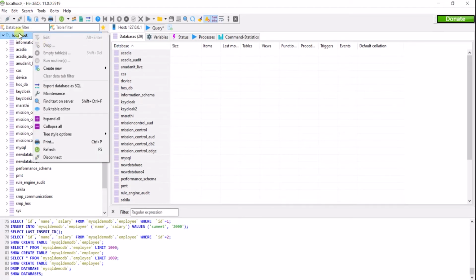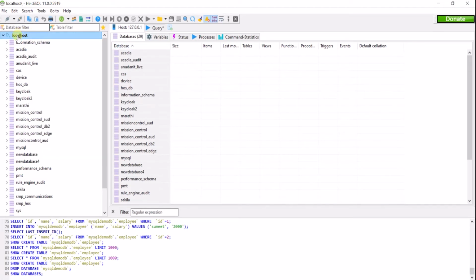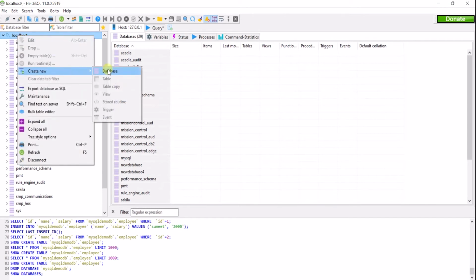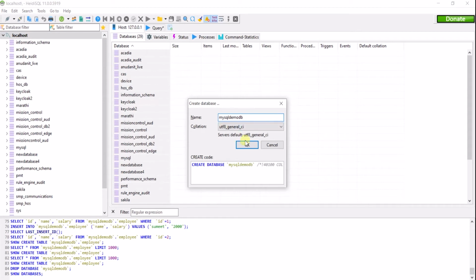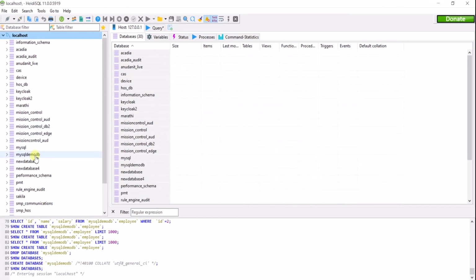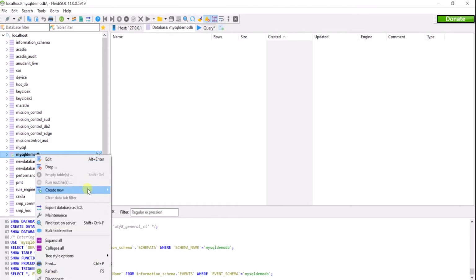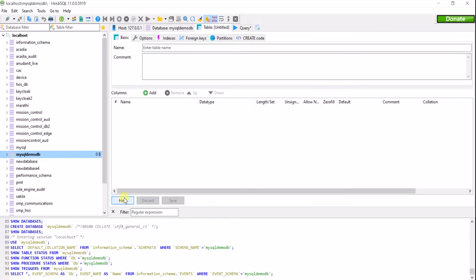Okay, so I'll go. This is my Heidi which I use to connect to MySQL. So I'll create a new DB, MySQL demo, and so MySQL demo DB is created. Now let's create a table. I'll create a table employee,